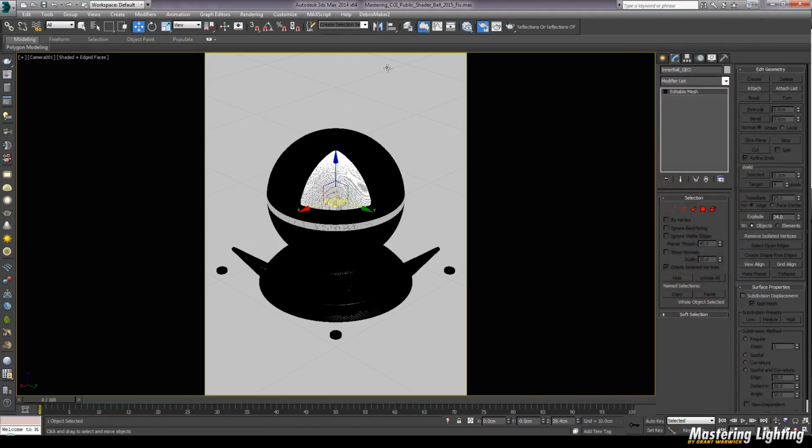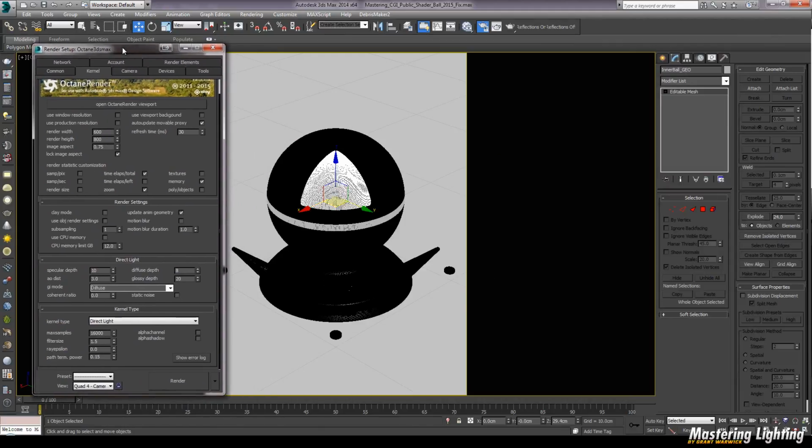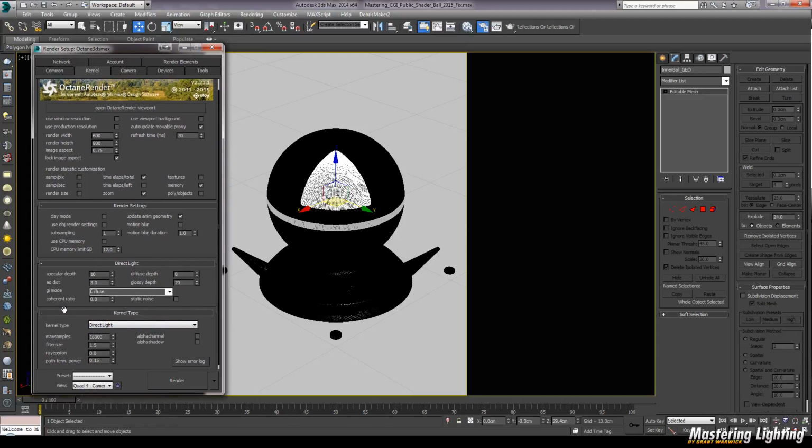Now, I could go in and explain a lot more about Octane, but I just wanted to show you how to set up materials, the basic settings to work with. You can see I'm still using direct light, and I don't usually change that right up until the end of the project. But there's one more really important feature I want to explain,